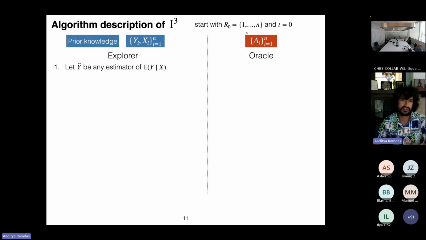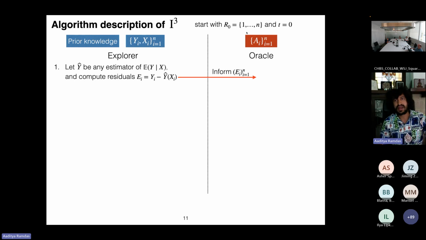Okay, so the algorithm works as follows. Y-hat is going to be just any estimator of the expected value of Y given X. You essentially run a regression of Y on X on your given data set using any model, and compute residuals e_i, which is Y_i minus your fitted Y-hat of X_i. So e_i are the errors, or the residuals.